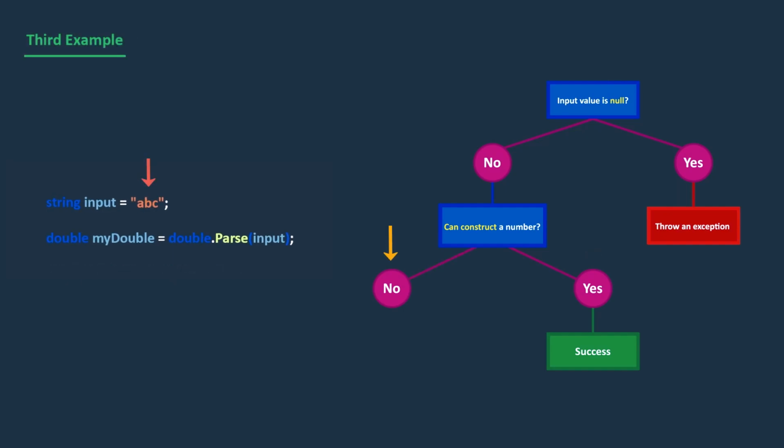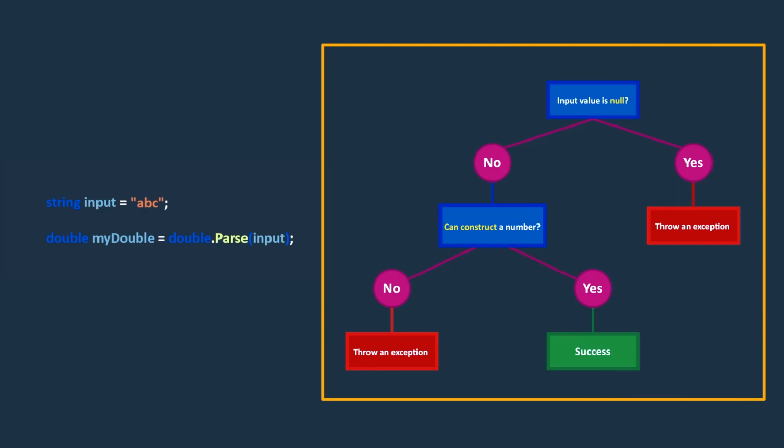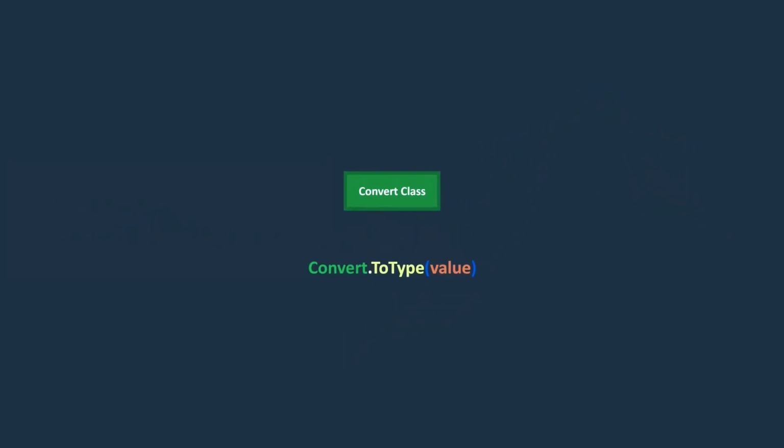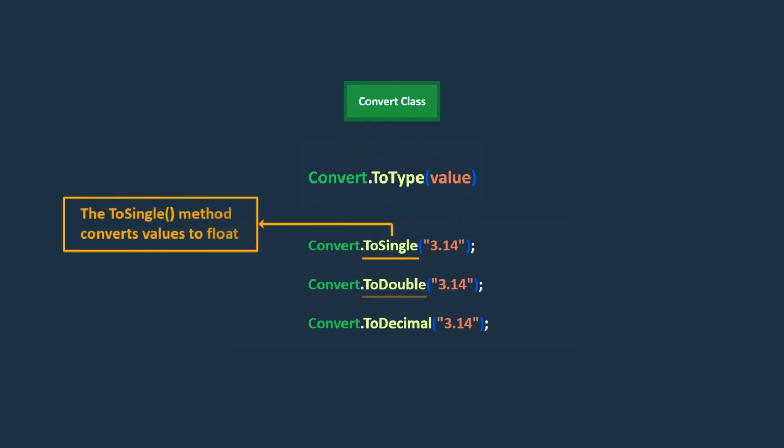However, if the parsing fails for any reason, an exception will be thrown indicating that the input was not in a valid format. This approach applies to all C# numeric types, including both integral and floating point numbers. Great! Now, let's delve into the convert class and its methods. As you may already be aware, this class provides a set of methods for converting data types to one another, including the likes of ToSingle, ToDouble, and ToDecimal, which are useful for converting all data types to floating point numbers.